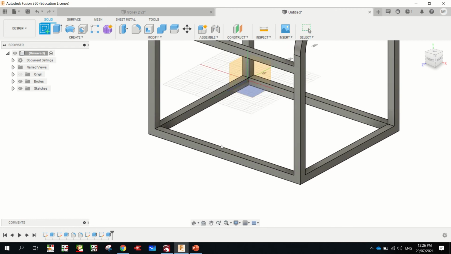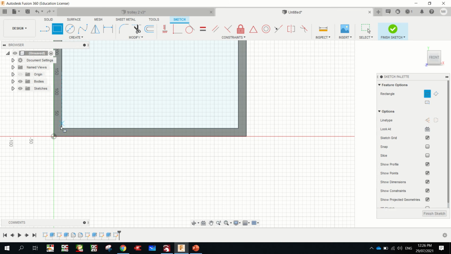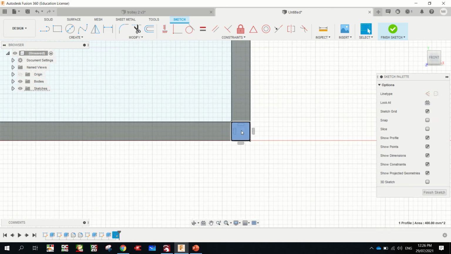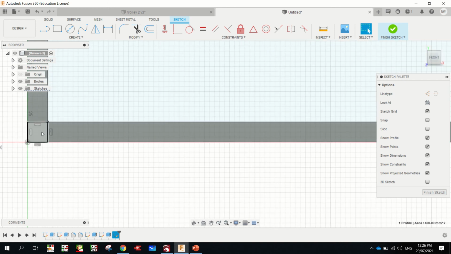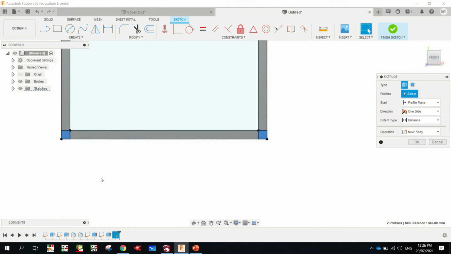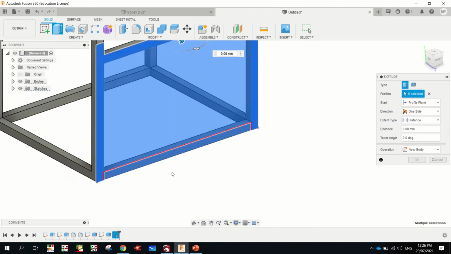So create sketch, I'm going to draw on this face here, and I'm drawing 2 rectangles from there to there, 20 by 20, and there to there, and that's 20 by 20. Escape to turn off the drawing tool, zoom in, select that one, zoom in, hold shift, select that one. They're still both selected. I'm going to click E, spin my screen so I can see the arrow, and